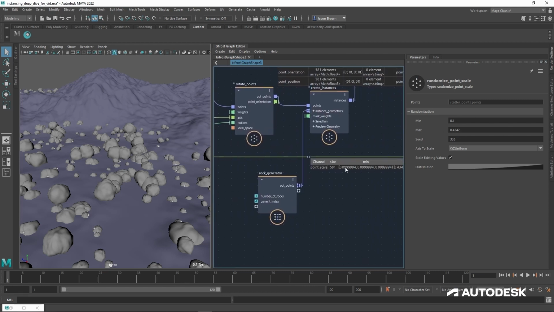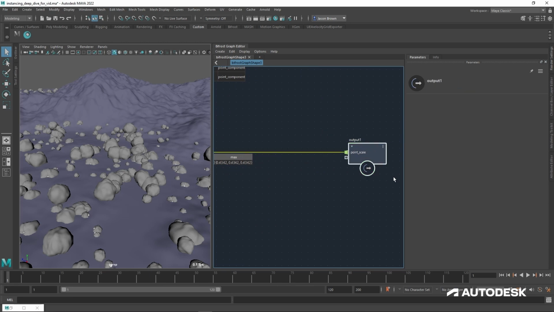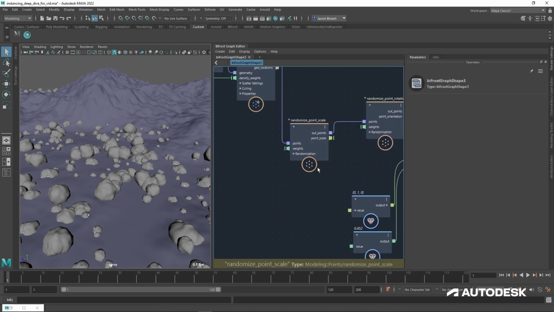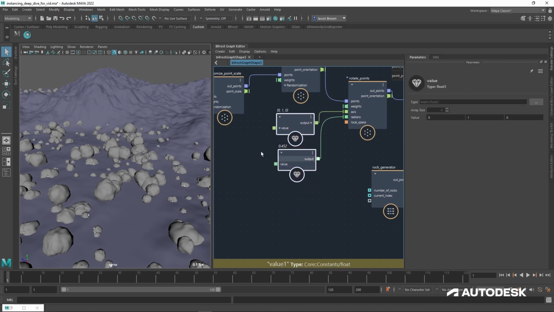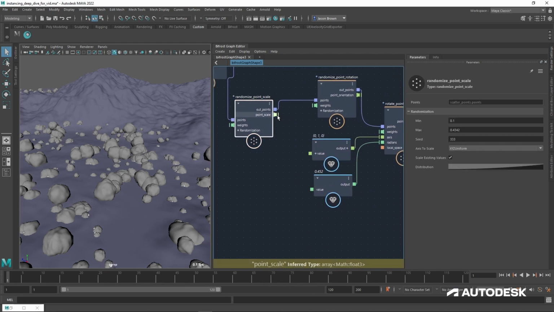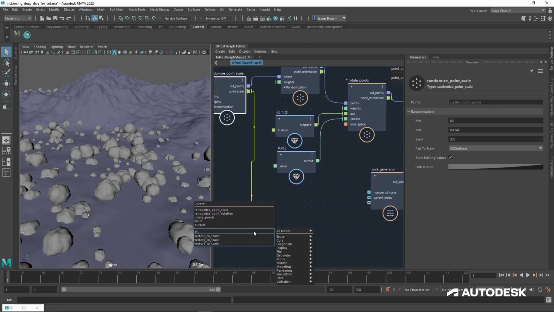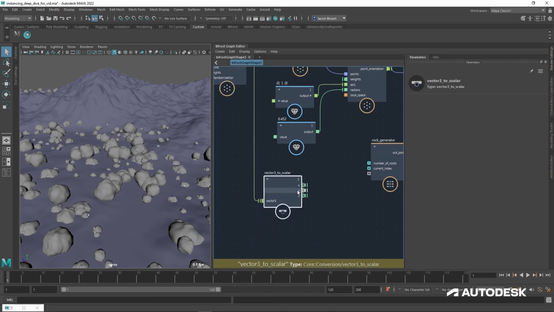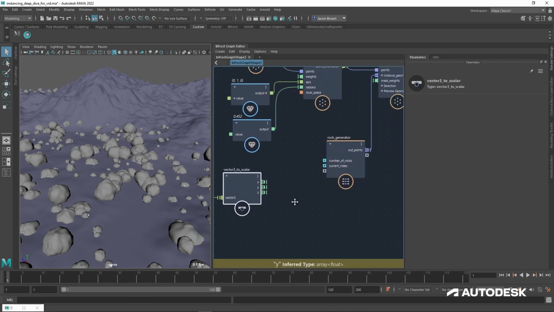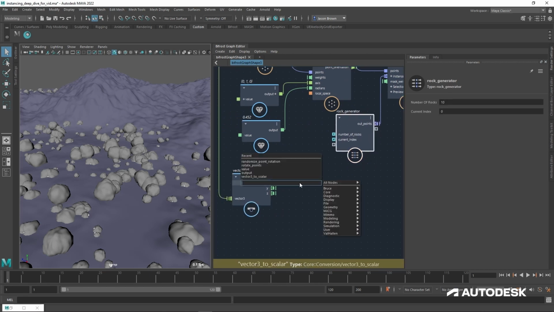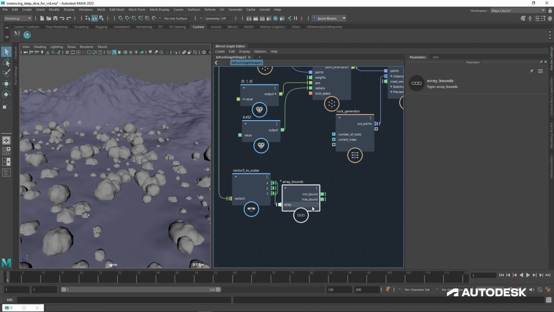So what I can do is very, very similar. Just delete that now. What I can do is really similar to what we did with the weights, is I can take the point scale, and this is an array with a point scale for every generated point in it. Take this out, I can split this up, vector to scalar, like so. Because I don't need all three, I just need one of these. And do our neat trick with the array bounds again, and the change range.